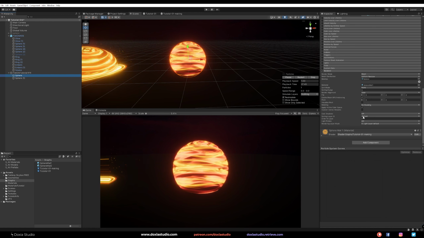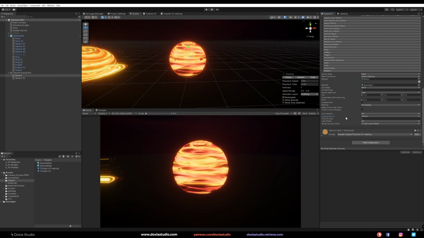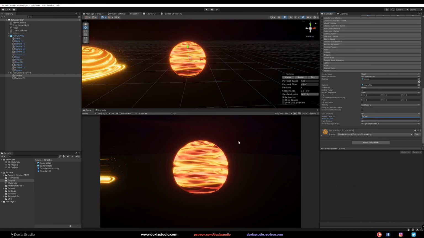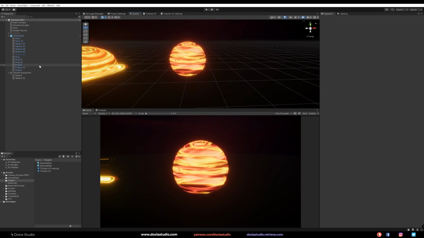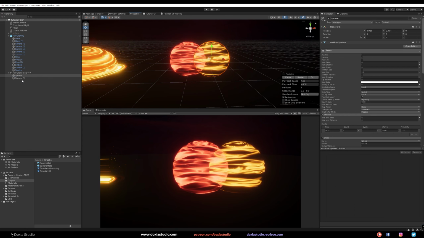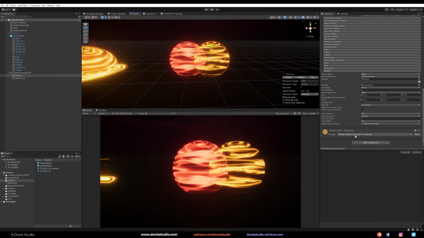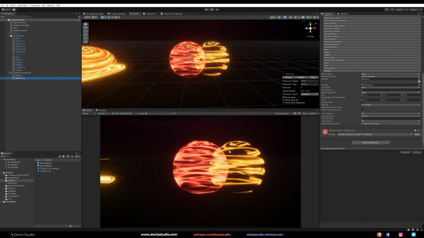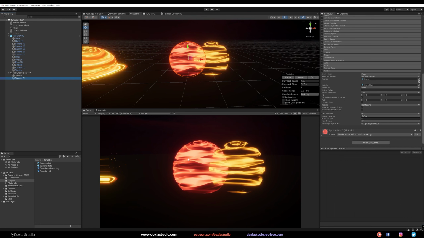We are not using sorting layers on this project, but you will have sorting layers, for example, visual effects on your project, and you want to pick that layer. And inside order in layer, you want to pick the order of your renders. For example, this main one, I want to render on top of the red one. So I come here and I change this to 1 and here leave it at 0.